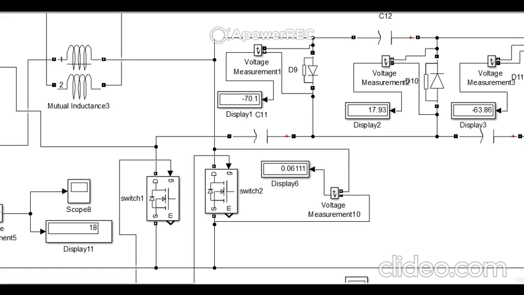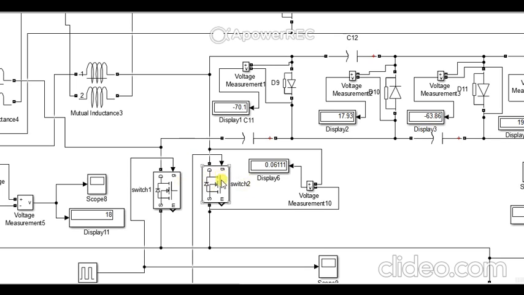When mode 2 starts, S2 turns off. S1 is still conducting and S2 is in the discharging mode. So at the end of mode 2, S2 is completely discharged and gives its minimum current value. At the start of mode 3, S2 is again on, S1 is still on and conducting.